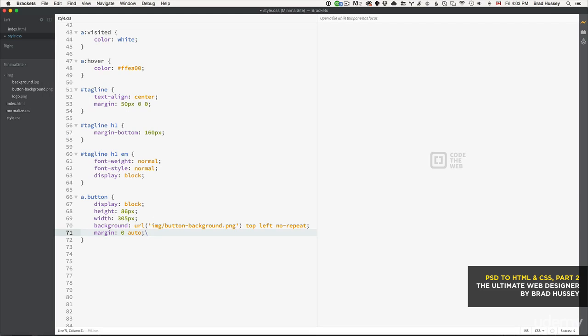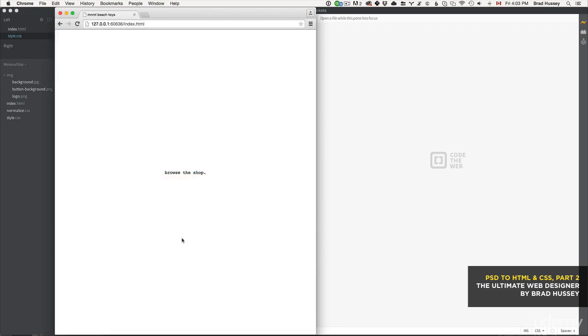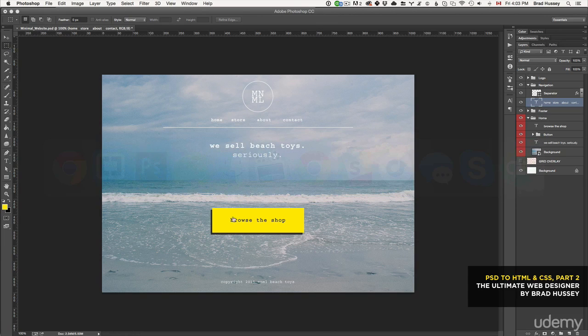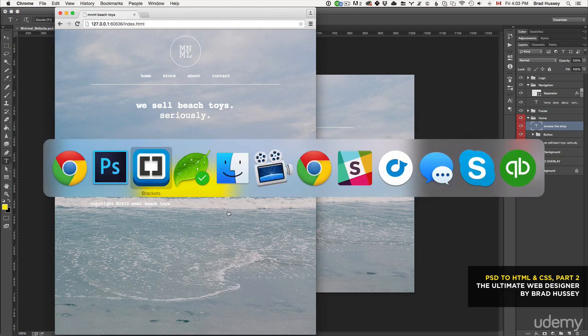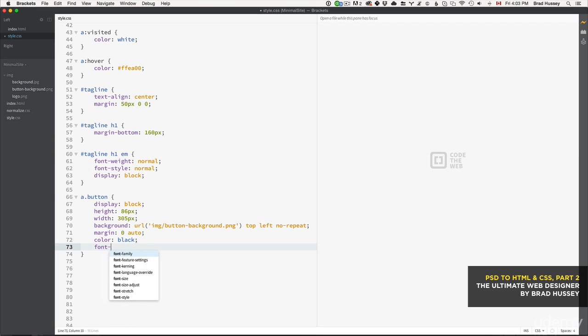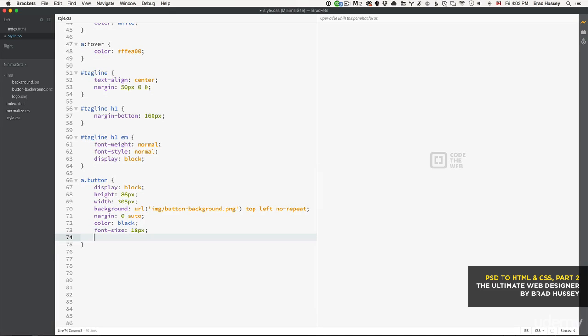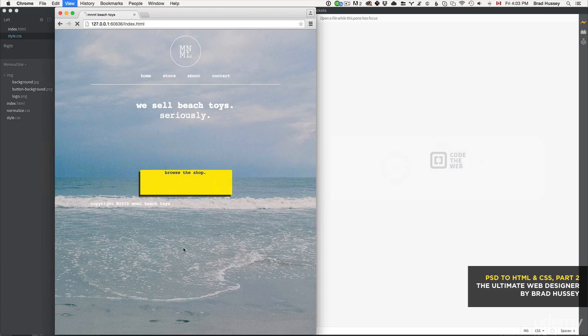So we're just going to say color is black. There we go. What else do we got? The font size there for that is 18 pixels. So we've changed that to font size 18 pixels. And then line height is the height of the button itself, 86 pixels. That will vertically center it. There we go. And now we want some sort of feedback when we hover over this to show like that